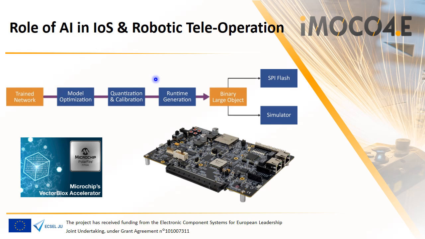And they are being optimized down for these specific edge devices, and particularly the Microchip PolarFire component uses what's called a Vector Blocks accelerator to reduce down the inferencing requirements on the edge device. It reduces power and it makes things work a lot quicker. So that's a little bit into specific detail, but it gives you an idea of the type of things that are happening and have to advance in order to give low power, highly complex AI inferencing on edge components.